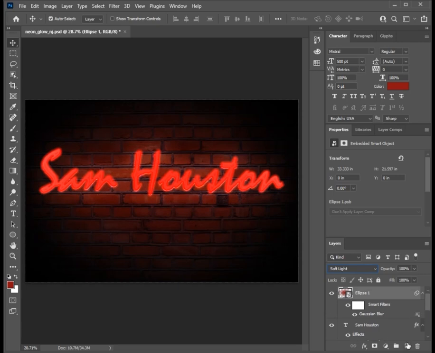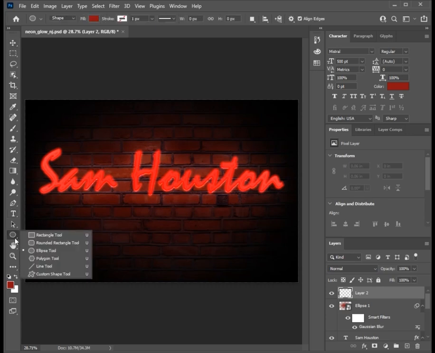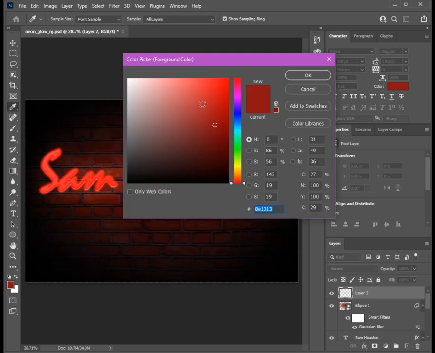I'm going to create a new layer. I'm going to activate the ellipse tool, and then I'm going to choose a lighter red. I'm almost going to go into the pink family for this one. I'm going to say okay,